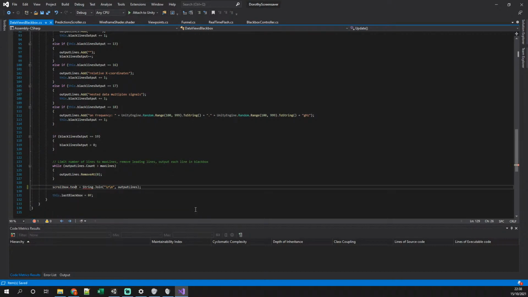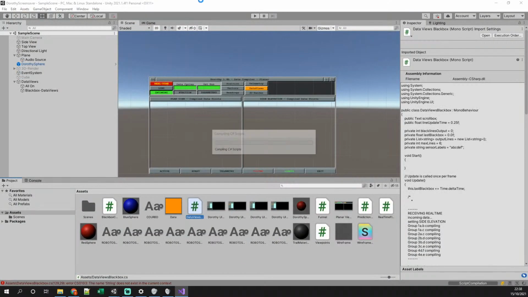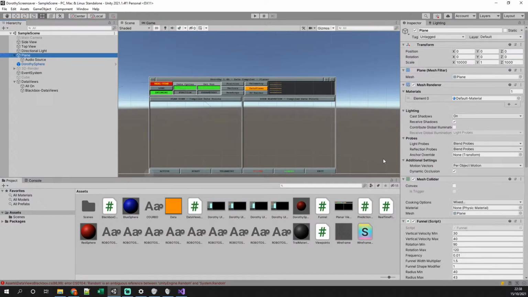Scrollbox.text, and then we'll also need to import. Did the script have errors? It might not import properly if the script has errors. String, yeah, using System. Okay, that might be the issue. If I had missing imports, then it's not going to work. So we should be able to preview this now. So there we go, recompiled. So if I go plain,